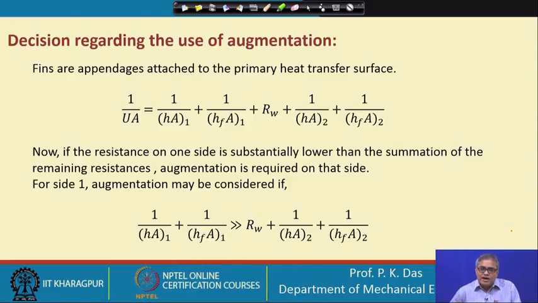On the fluid 1 side there could be some fouling, for that there is a resistance. In the solid wall there is a resistance. On the fluid 2 side there could be fouling, there is a resistance, and in fluid 2 there is a resistance. I think these have been already told. So, we can proceed.